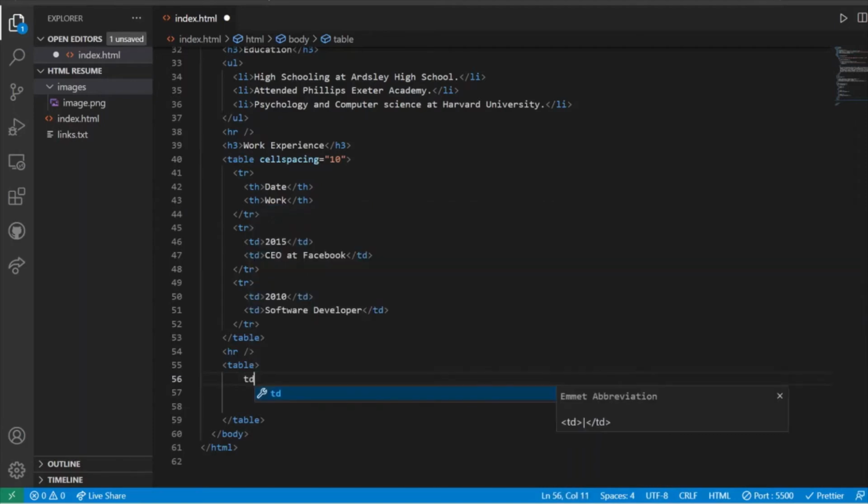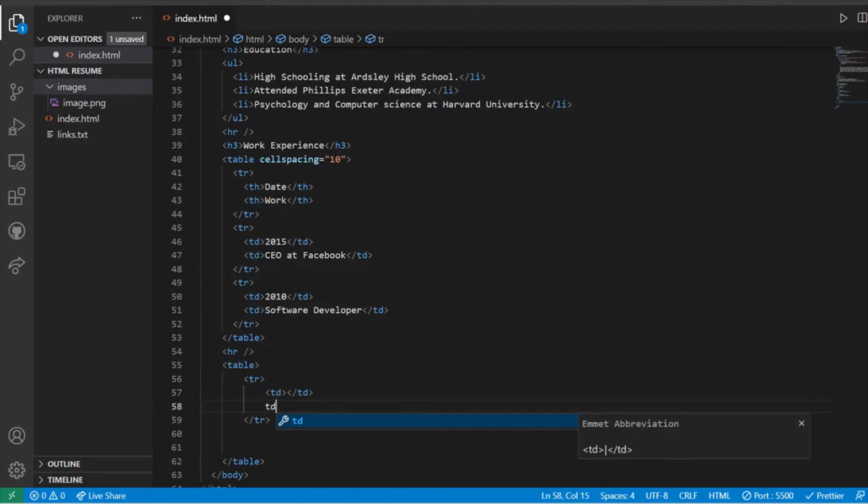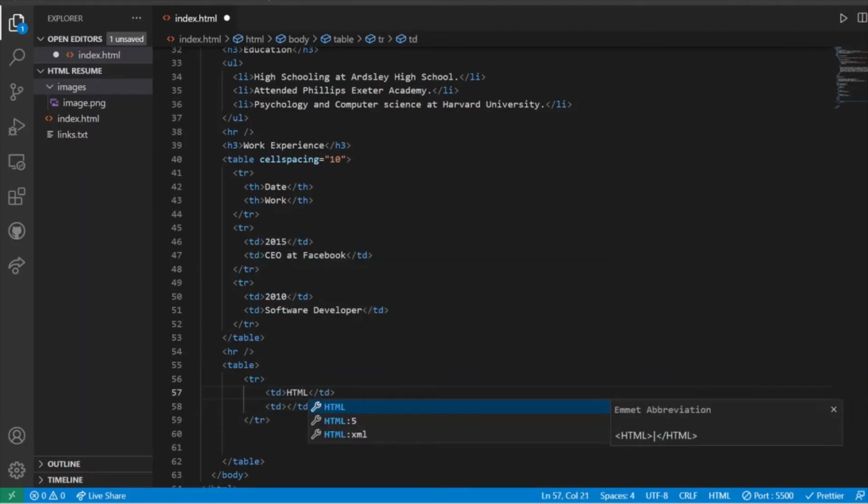and what I am going to include next is table data. I am going to have a table row first. In that I am going to have table data, and again one more table data, one for the technology name, which is like for example HTML, and the other for the smiley or the rating. If you want to add a smiley, what you can do is hit Control full stop.